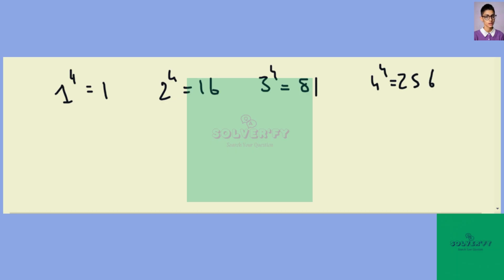All right, so to start off with any conjecture, one has to try out different values. And so let's just try out with the first 12 values and see what happens. Okay, so 1 to the power of 4 is 1. 2 to the power of 4 is 16. 3 to the power of 4 is 81. 4 to the power of 4 is 256. And you continue this way. 5 to the power of 4 is 625. 6 to the power of 4 is